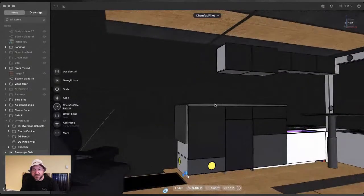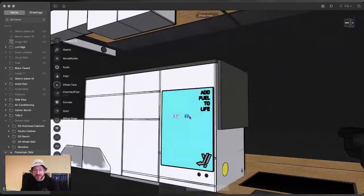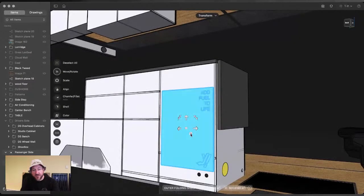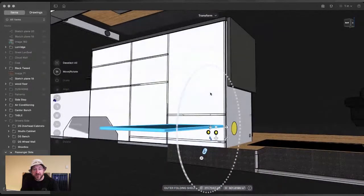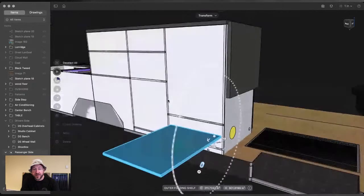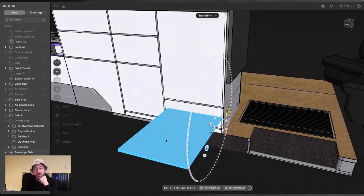So now we'll take a look at this. Now, this is kind of interesting. This is a shelf that when extended, let's see here, can fold down, right? So this will be a shelf that you can use outside of the van. The door of the van will open beyond this shelf. And so when the side door of the van is slid open, you can use this shelf as a